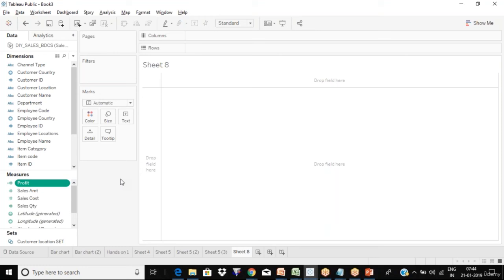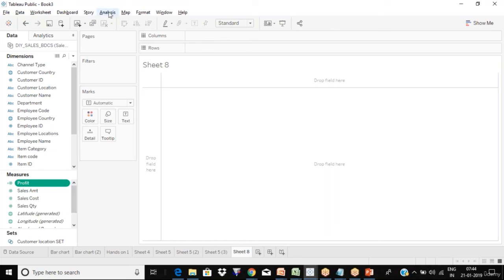Now can you all guess why it did not go to dimension, why it went to measure? Because you have added a quantitative value. It's a number, it's numeric, right? Tableau is smart enough to put it under measure because it is a numeric column.